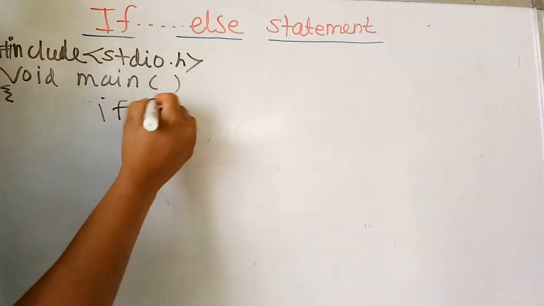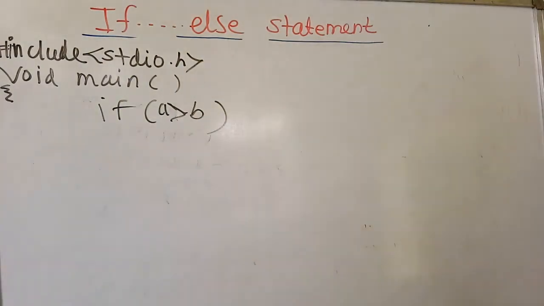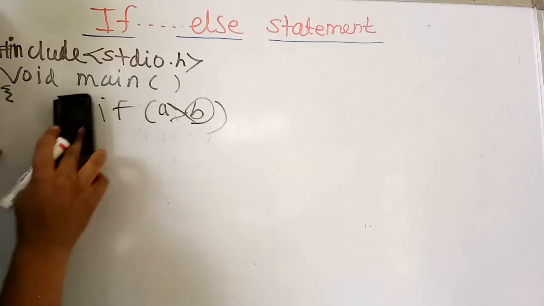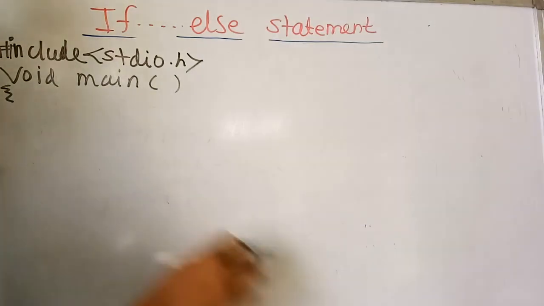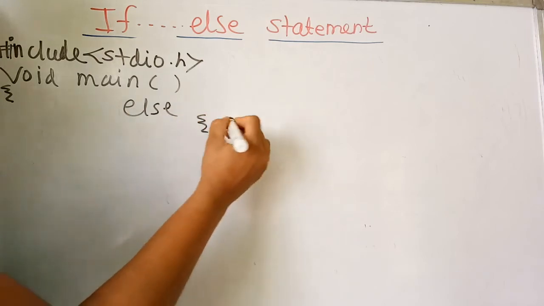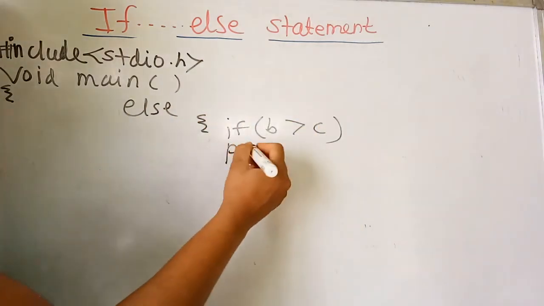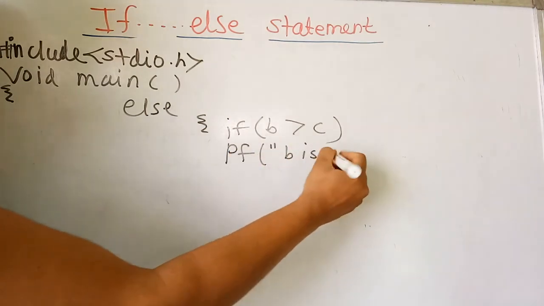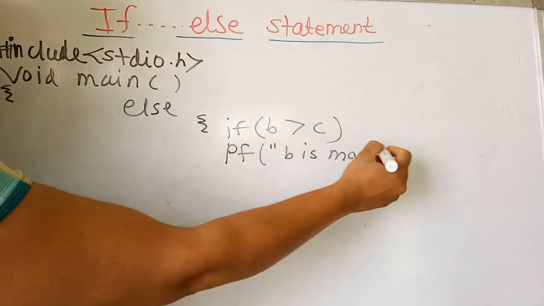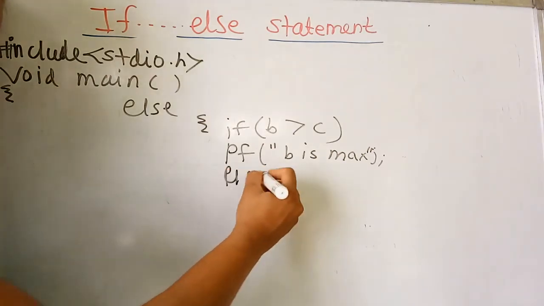If A is greater than B is false, meaning A is not greater than B, then obviously B is greater than A. Means we have to check B with C and D. Again we will take else and again check if B is greater than C, then we will print B is max. Otherwise we will take else